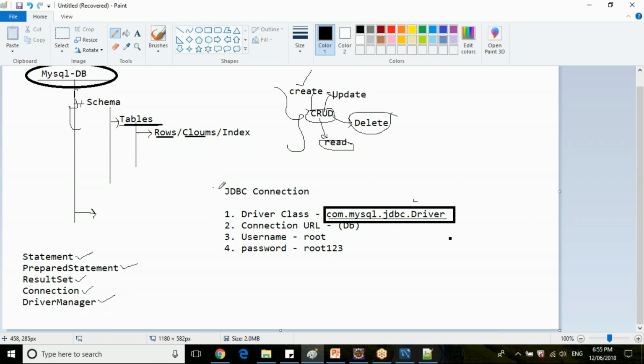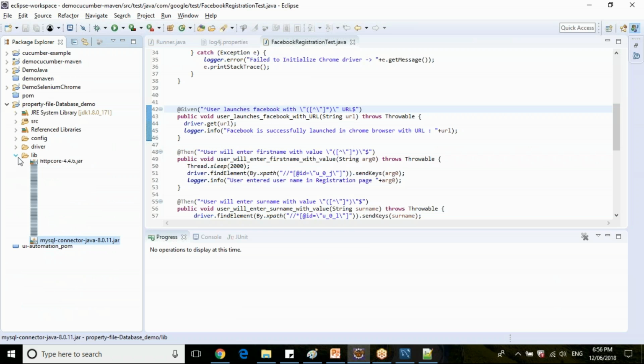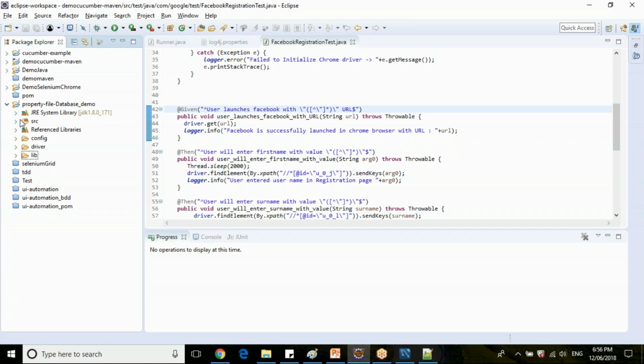So to establish a proper JDBC connection to our database, what was the first step, guys? The first step is we need to initialize the driver class. So you will initialize your driver class with, let me write a class here.